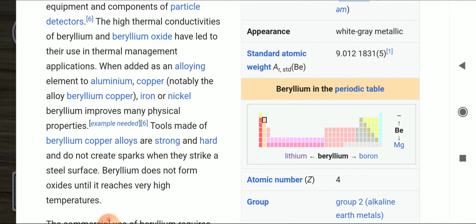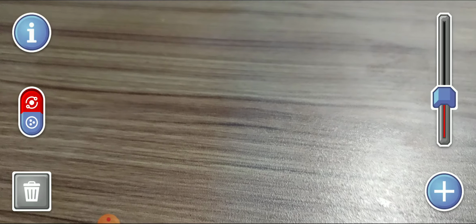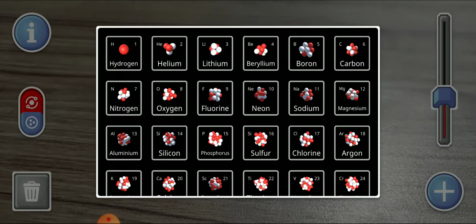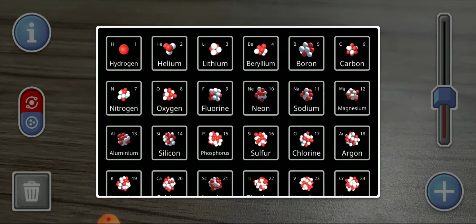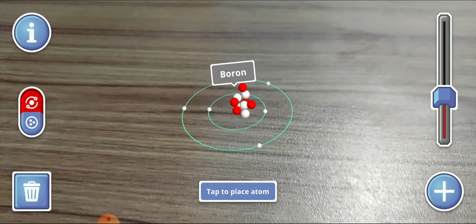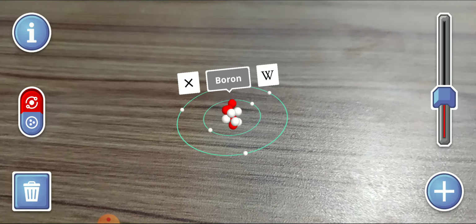Okay, I think this is enough for you. Next, I'm going to show you about the next thing. Next is boron, atomic number 5. Got it? So boron, see how nicely it's moving. In the same way we can show details about this in this video. You will enjoy all the details to prepare your notes.